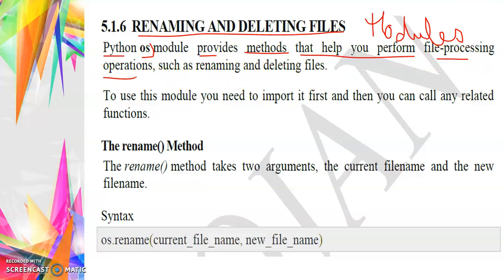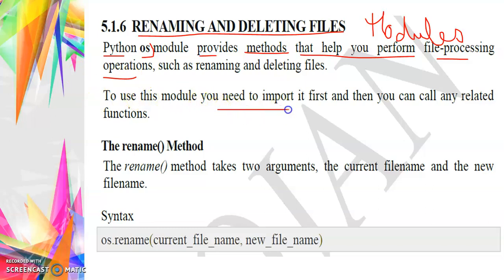Listen carefully: the OS module provides rename methods and delete methods for the purpose of performing file processing operations, such as renaming or deleting, right?